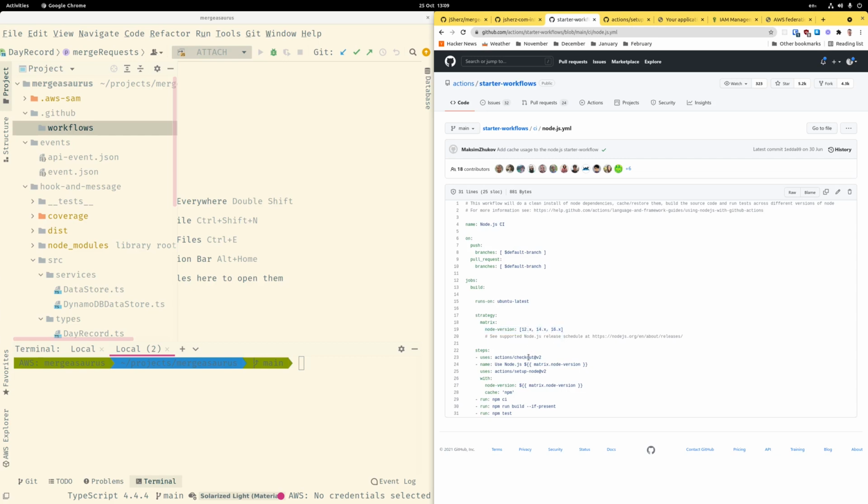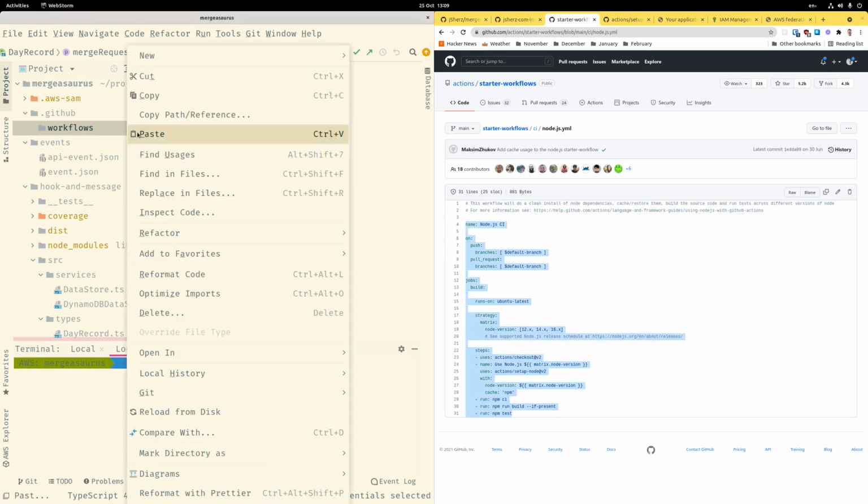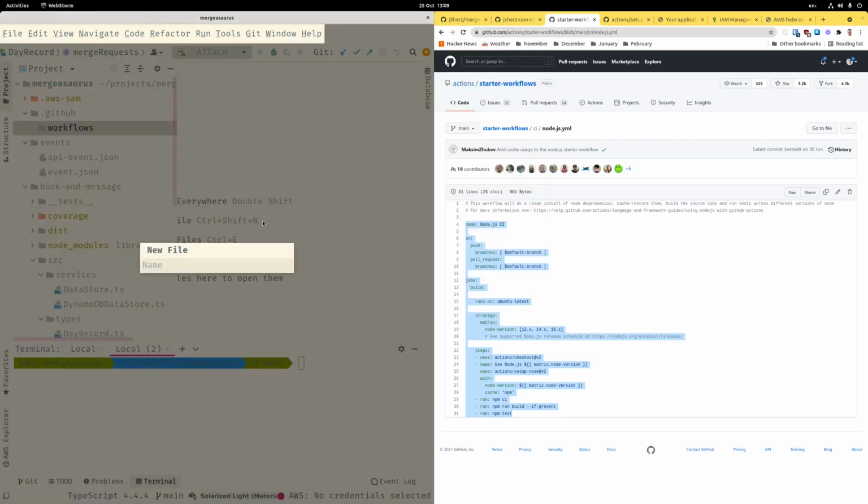Then it checks out the code first, installs Node.js, and runs npm ci, which is a slightly different form of npm install that ensures your package lock is up to date. Then it runs the build command if it's there, and then it runs tests, which of course we'd expect to have. So we've got some tests in this project. We're going to copy and paste this file into our project, and let's call it